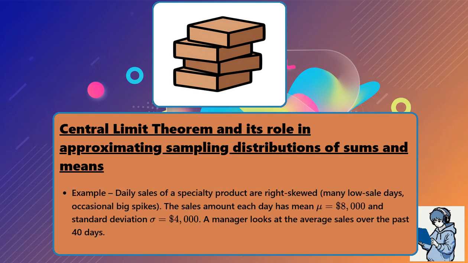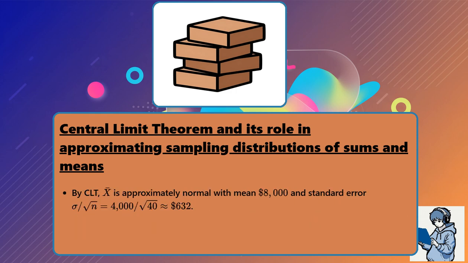Example, daily sales of a specialty product are right skewed, with many low sale days and occasional big spikes. The sales amount each day has mean mu equal to $8,000 and standard deviation sigma equal to $4,000. A manager looks at the average sales over the past 40 days. By the central limit theorem, x bar is approximately normal with mean $8,000 and standard error sigma divided by square root of n, equals 4,000 divided by square root of 40, which is approximately